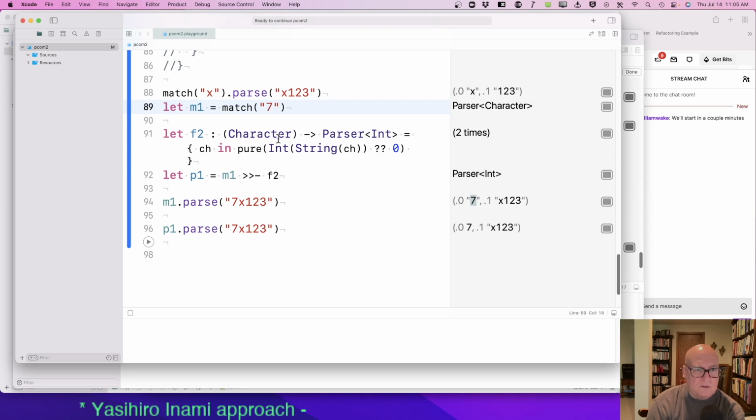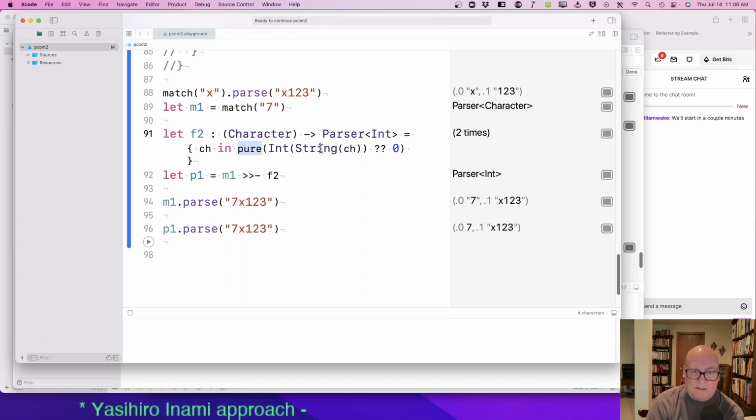So it gives me the character and then returns the pure parser, so that inserts the value in the output.